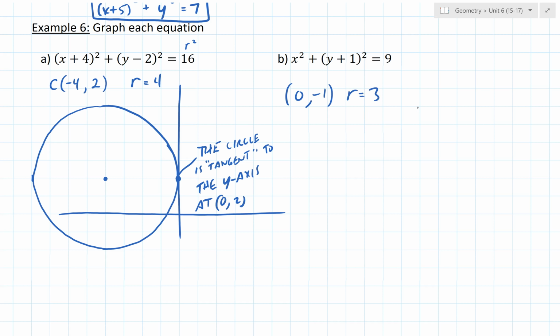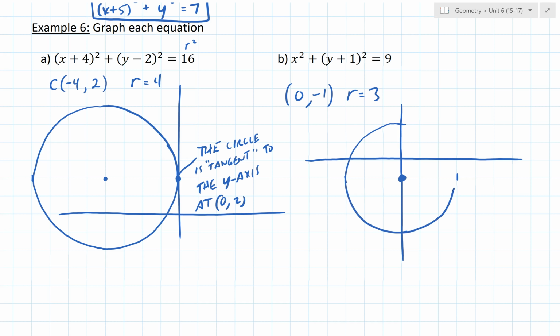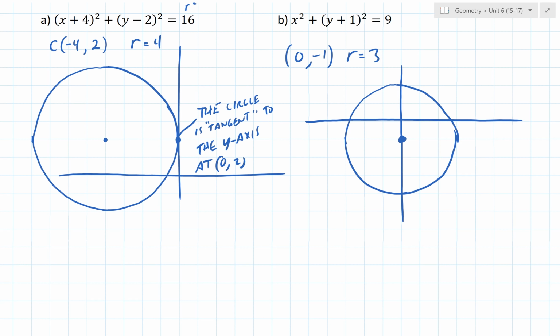So we have a center at (0, −1) down here, and radius 3. So we go 3 to the right, 3 to the left, 3 up, and 3 down. And there's our circle. Okay. Any questions? All right, that's it for today's